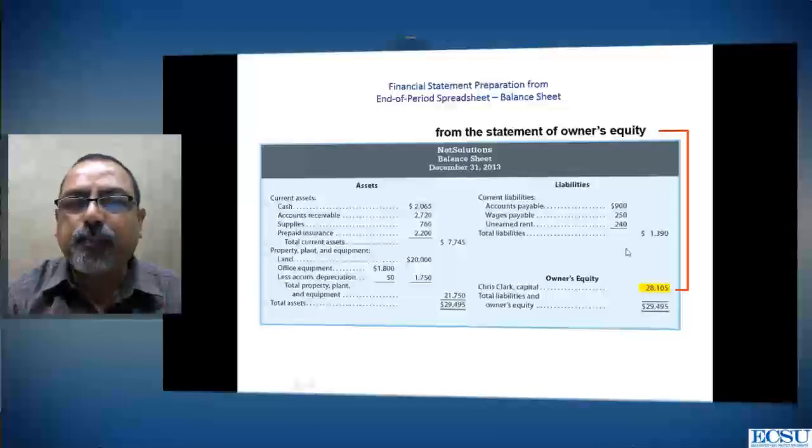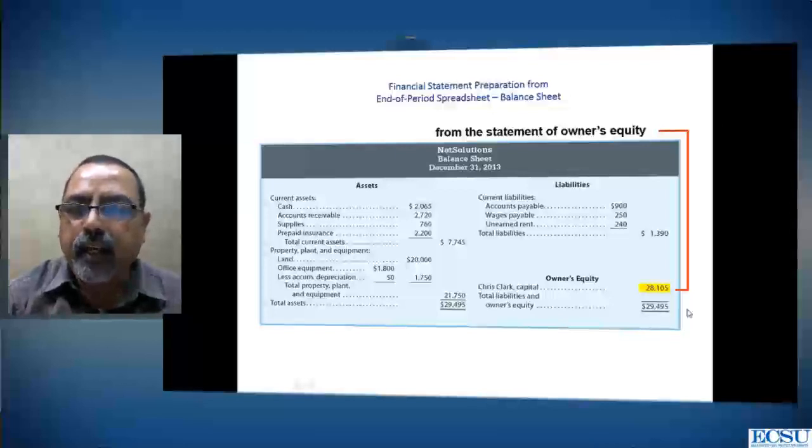Here in this problem we don't have it, so that's why we add all the current liabilities and get the total liabilities. Then in the owner's equity section, we bring down the 28,105 we calculated in the statement of owner's equity and add up these to get the same total of